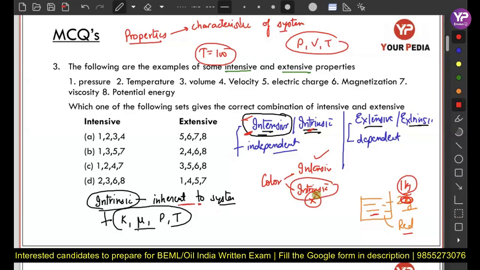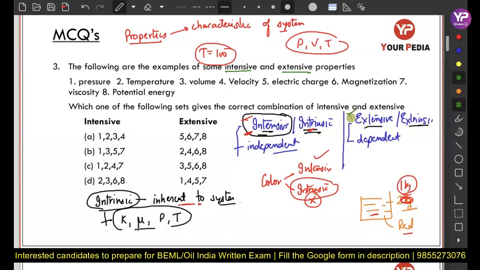So I can change the color by adding some impurities, but the corresponding properties like thermal conductivity, viscosity, pressure, temperature, electrical conductivity, all of these cannot be changed. These are inherent to the system. Understood? In the same way, if we talk about